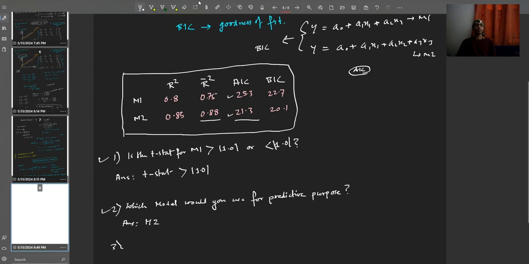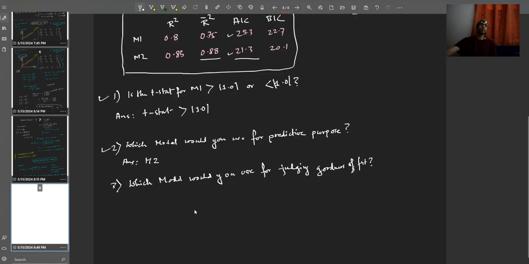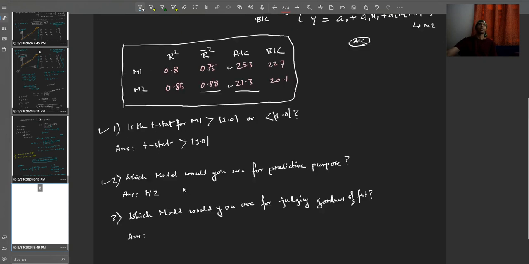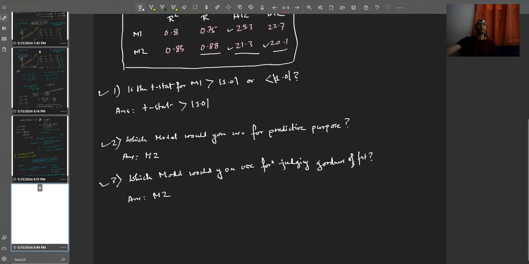Question number 3. Which model would you use for judging goodness of fit? Which one should you use, guys? The answer is the model with the lesser BIC. So here the lesser BIC is also for model 2, M2. So here also the answer is M2, or model 2. Right? So these were a few sets of problems that we solved just to revise what we have studied. Now we'll move to the next section,